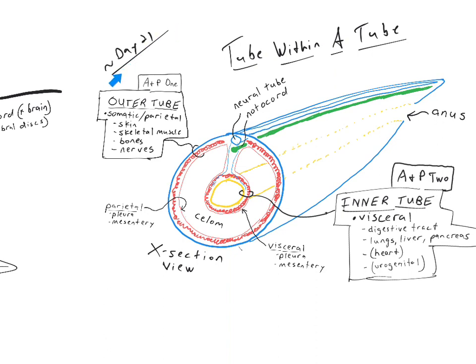embryo after gastrulation at about day 21, with everything in position to form the basic organizational plan for our adult body. An outer parietal or somatic tube of the body, which goes on to form the skin, muscle, and bones, and also the nerves, the subject of Anatomy and Physiology 1, and an inner visceral tube of the body, which goes on to form the digestive tract, lungs, liver, and pancreas coming off of that, as well as the heart and urogenital system, basically the subject matter of